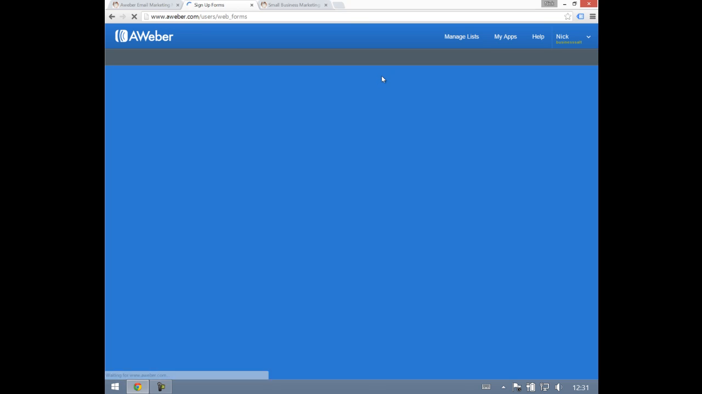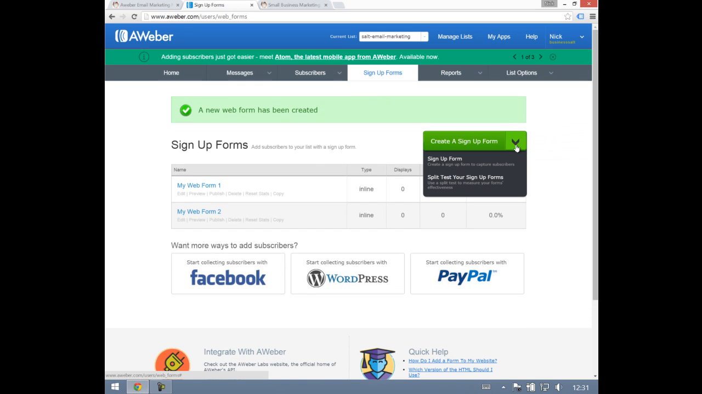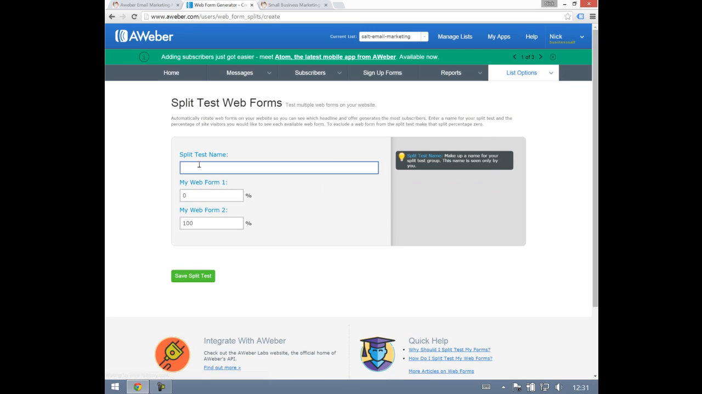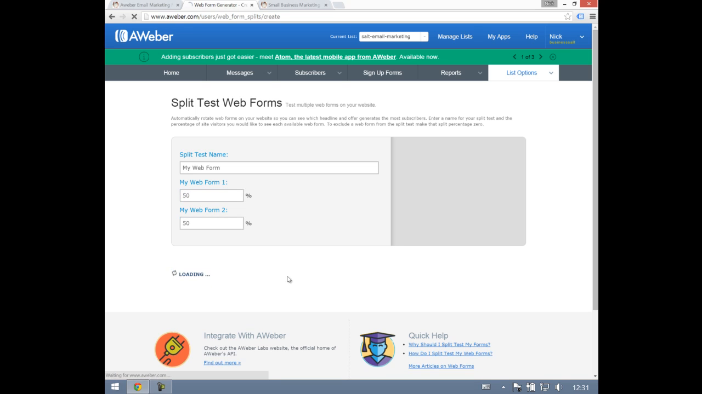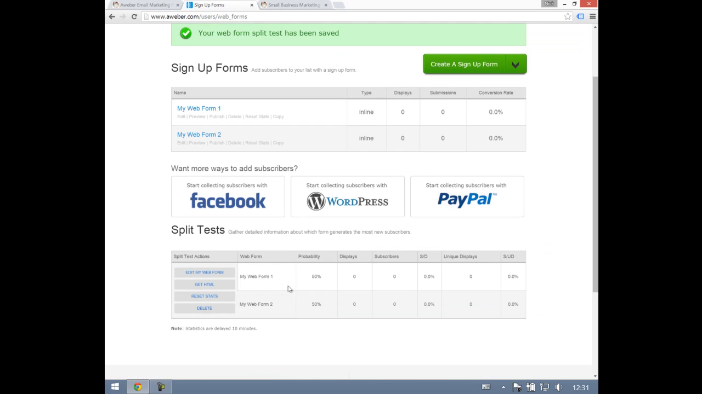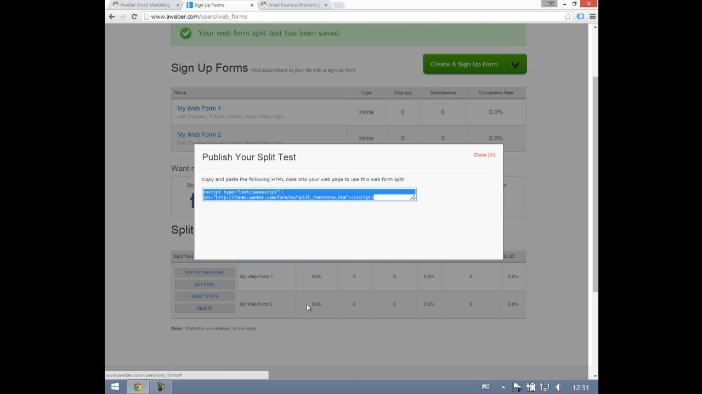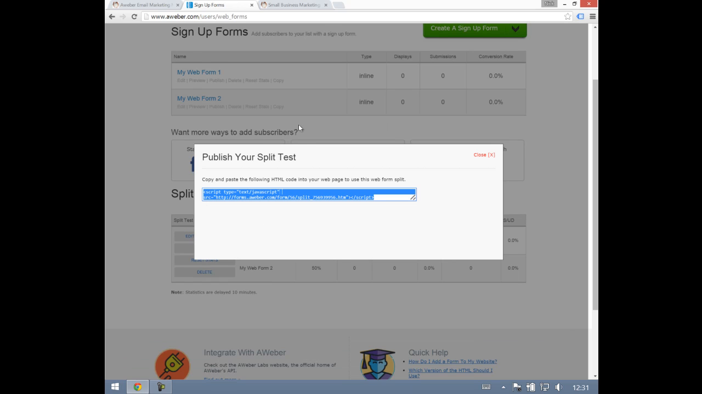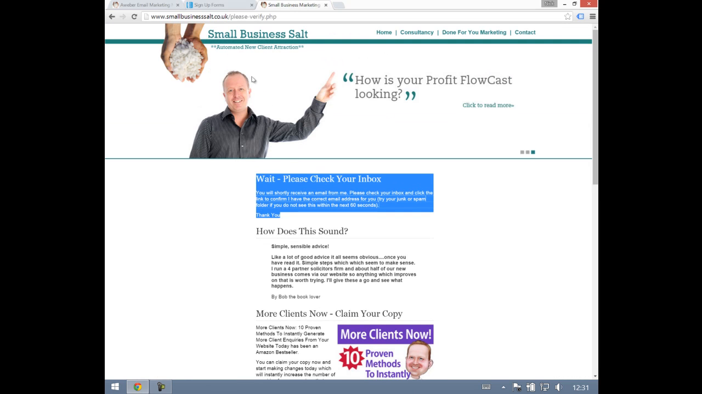Go back to the sign up forms tab, and now you'll see there's a drop down arrow. It says split test your sign up forms. So let's select that. My Web Form, and we're going to do a 50% split test. 50-50. Save split test. And you can then get the code you need to put this onto your website, and wherever you paste that code, that form will appear. So if we go to the